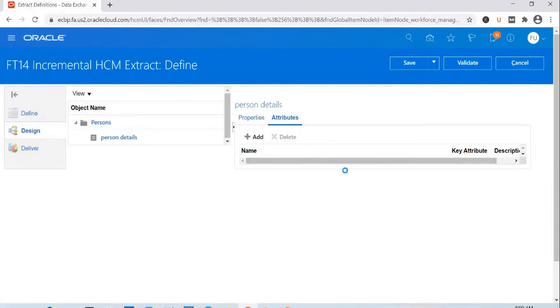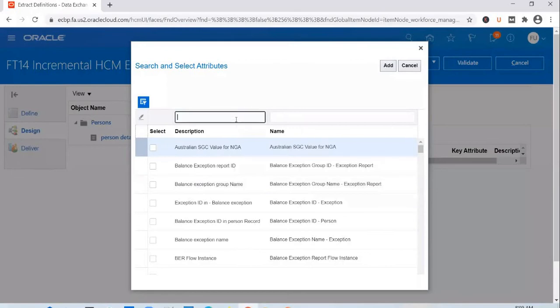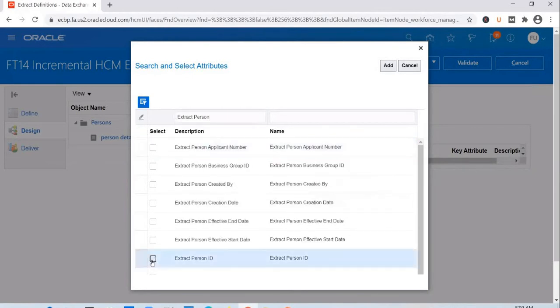And you need to select the threading database item that you have selected at the data group level. You need to select it as an attribute here. Extract person ID. You can pick up the person number.